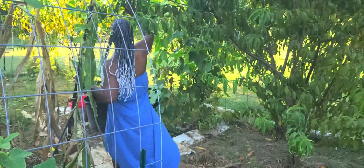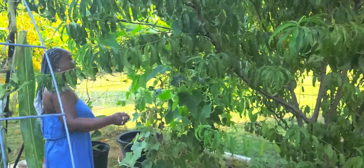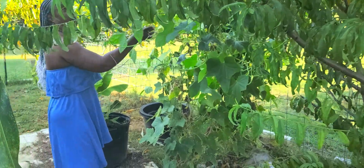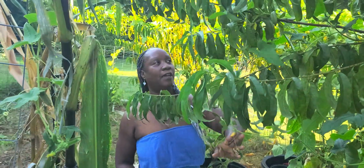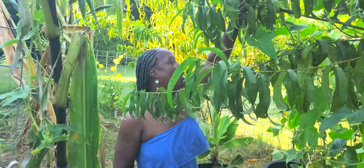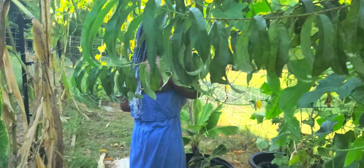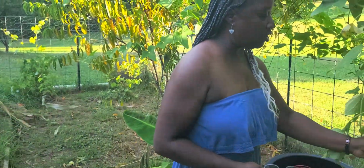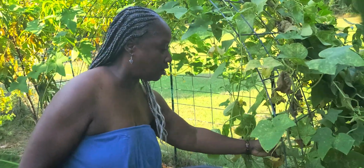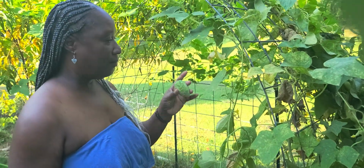Here we have a peach tree, and we got a couple of peaches this year. And then the cucumbers decided to hang on. So I have a living trellis for all of the cucumbers that we are growing. And right now I want to see if there are any that need to be picked, because I had a friend come by yesterday and he was craving those cucumbers